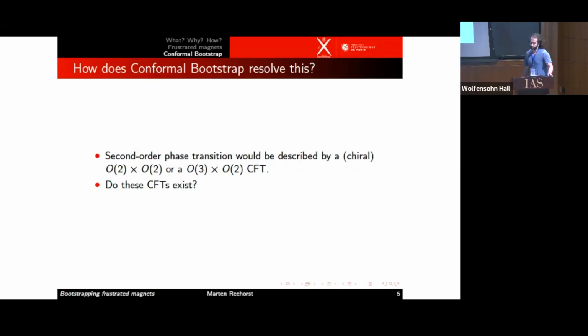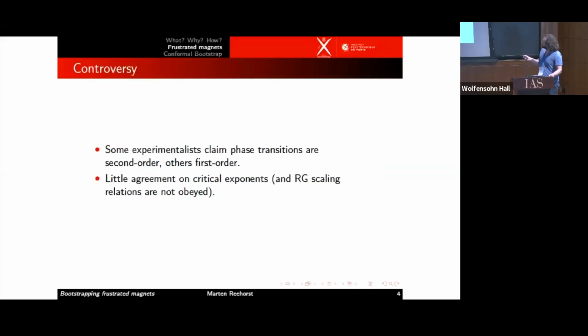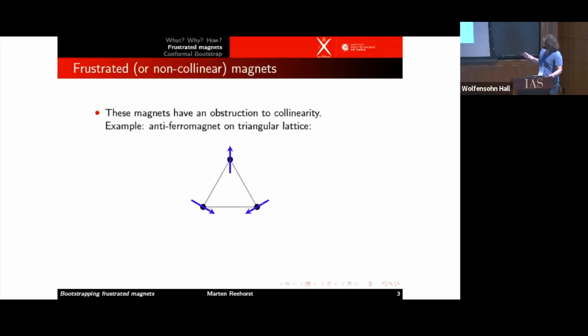But the zero temperature state, everyone agrees, is a Néel state, like an ordered state in this system, say triangular. So you have either this one, or one where they make a 120-degree angle between them. Okay, thanks a lot.